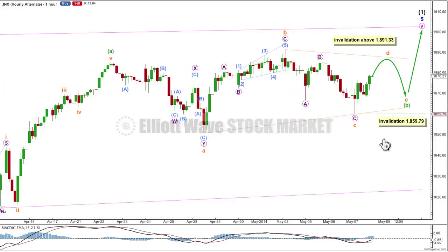If we don't see those two things, then this alternate would be entirely possible. The subdivisions are pretty much the same. It's possible that minuet wave B was not over here, and all the sideways movement is either a contracting or barrier triangle. And this idea would expect probably 1 or 2 more days, probably more likely at least 2 more days, of choppy, overlapping sideways movement in an ever-decreasing range. There are 2 structural possibilities for this triangle. It could be a contracting triangle, which is most common,